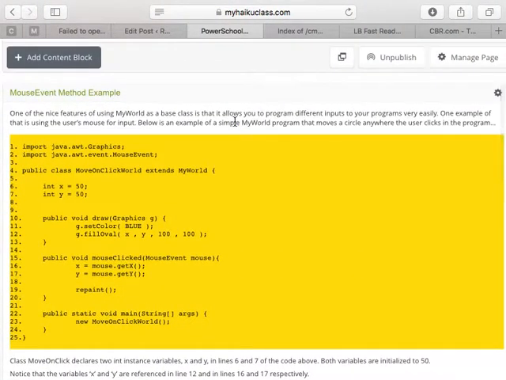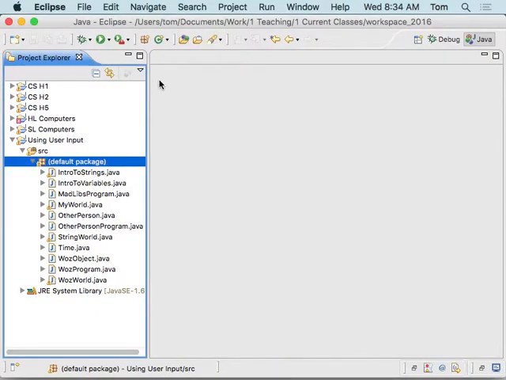Alright, so today we're going to be talking about a new way of inputting input basically from the user, okay? So today what we're going to be doing is getting input via the mouse. Alright, we talked about getting input via scanner and typing in input. Today we're going to be getting it from the mouse. And to do that, so I was just showing you that we have stuff on the website there for instructions